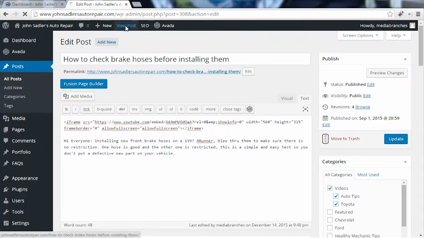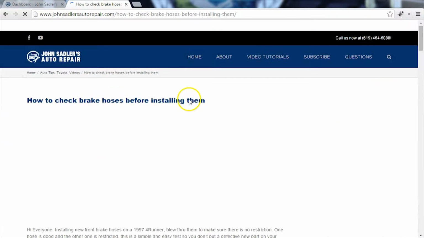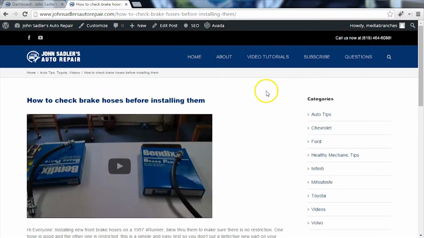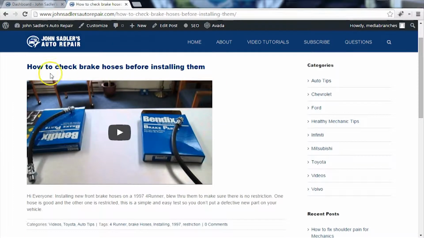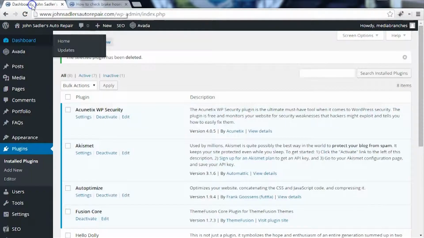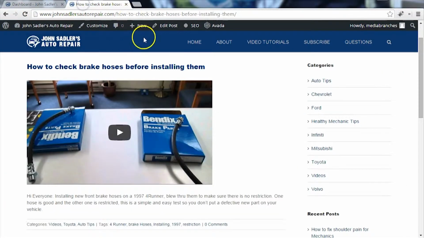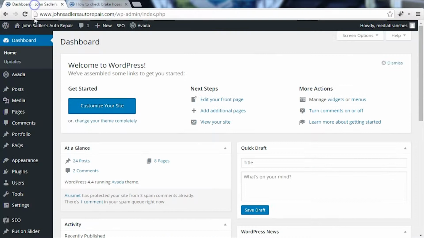The first way is the easiest way to do it, and I'm just going to add a WordPress plugin in order to make it responsive. The second way is a little bit more tedious, but let's go over the first way right now. If you haven't done so, log into your WordPress dashboard, and once you're logged in, click on plugins,